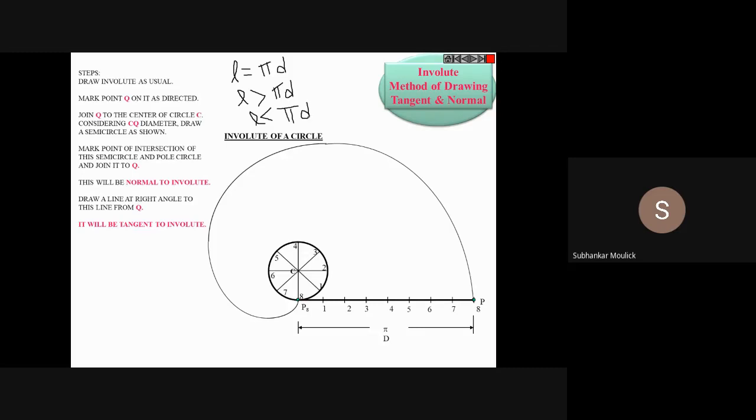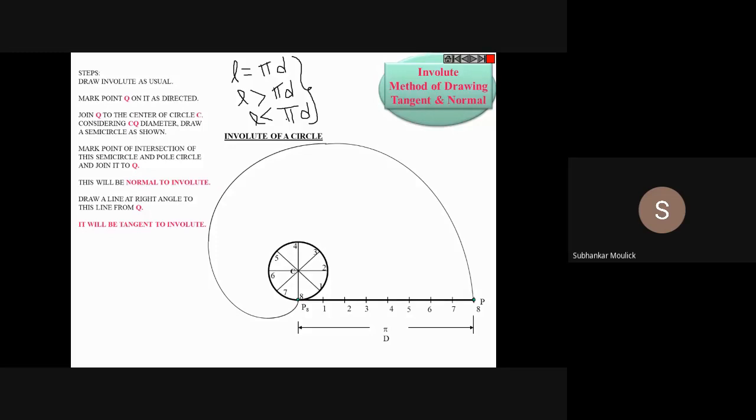I have also told you in the last class that you have to read the problem carefully, because in the problem these conditions will not be given to you directly. Indirectly these conditions will be given to you. You have to pick the correct condition, and according to that condition you have to draw the involute profile. Also remember one thing, the method of drawing tangent and normal is the same for all the 3 cases. I repeat, the method of drawing tangent and normal is the same for all the 3 cases.